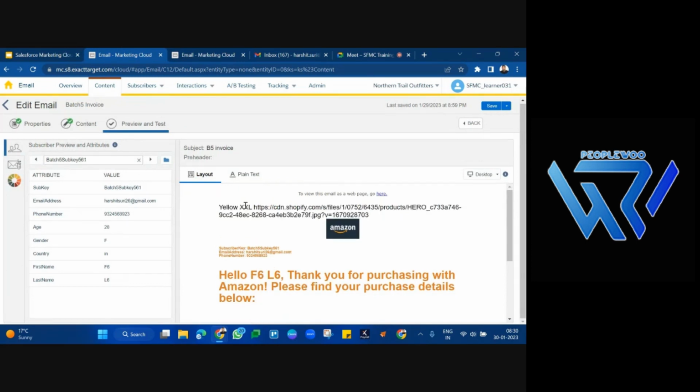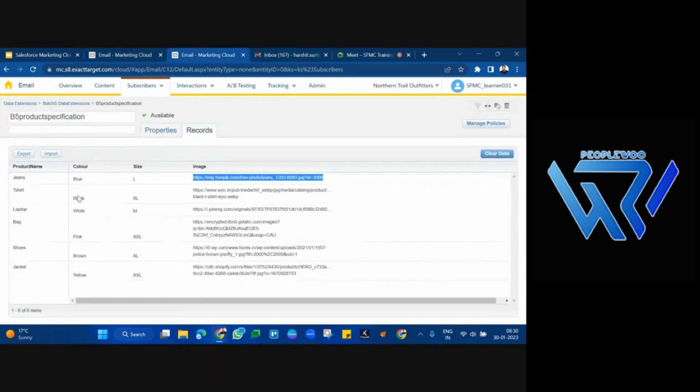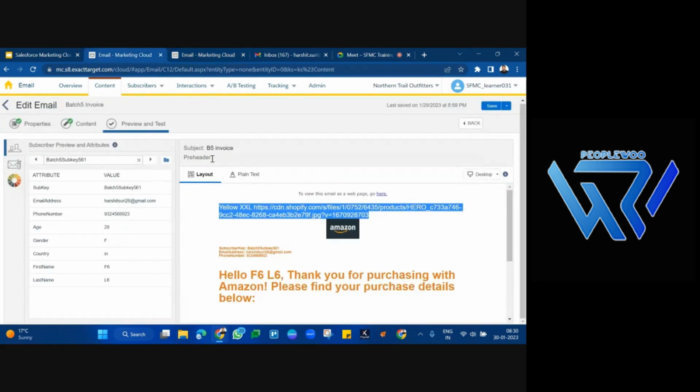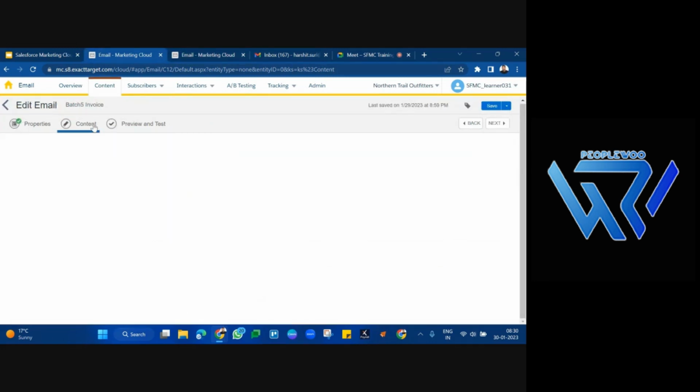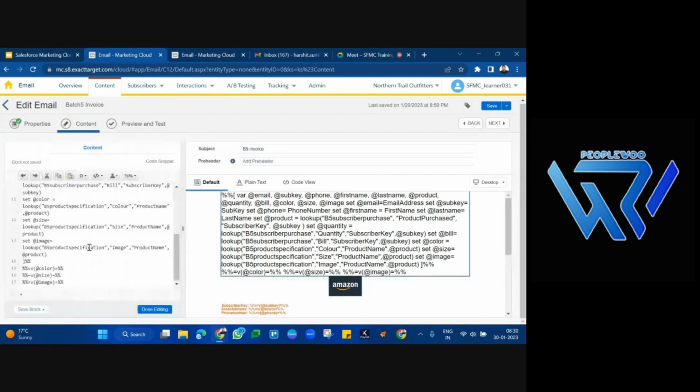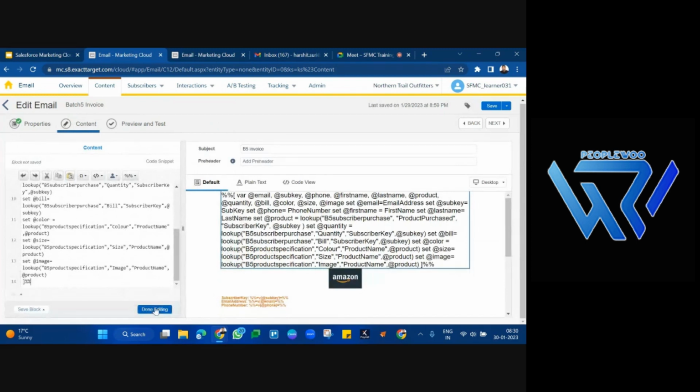Color, size and image URL is printed. So guys, this is how you print different values on email. Now instead of printing these values here, we will print these values here